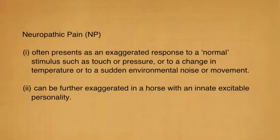Neuropathic pain often presents as an exaggerated response to a normal stimulus, such as touch or pressure, or to a change in temperature, or to a sudden environmental noise or movement. It can be